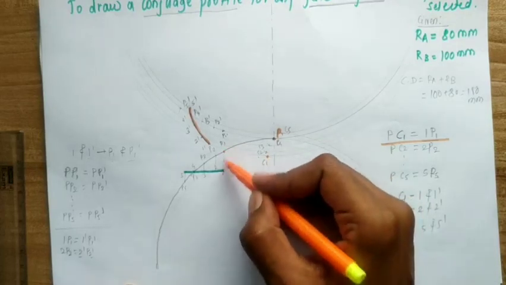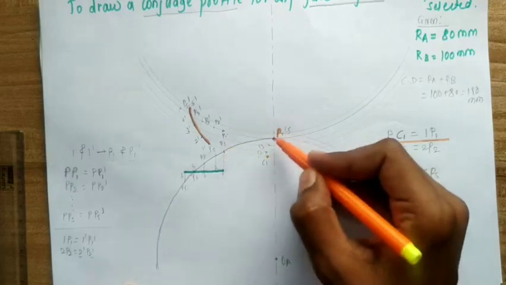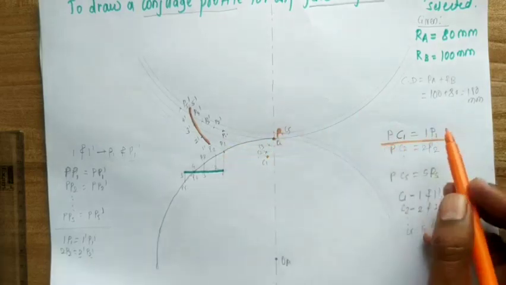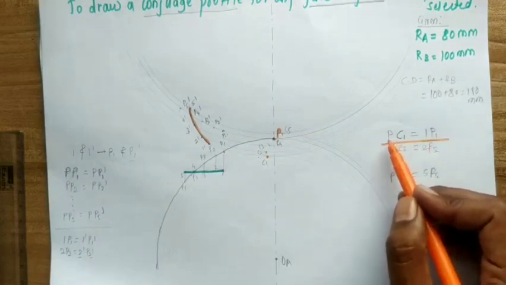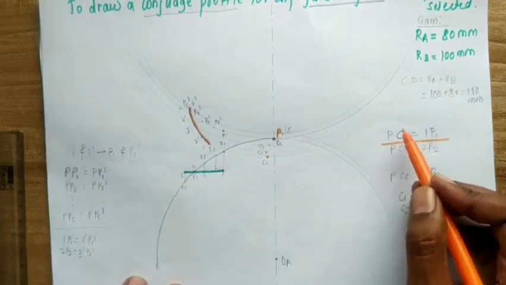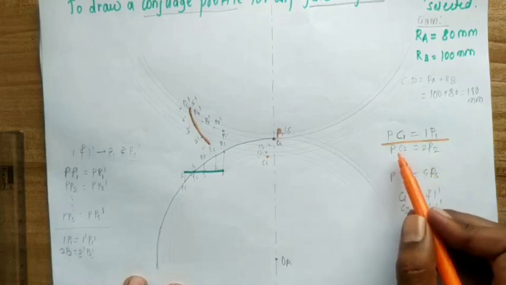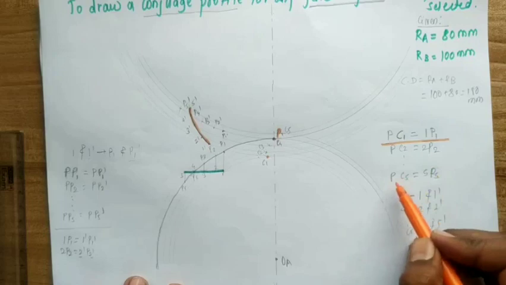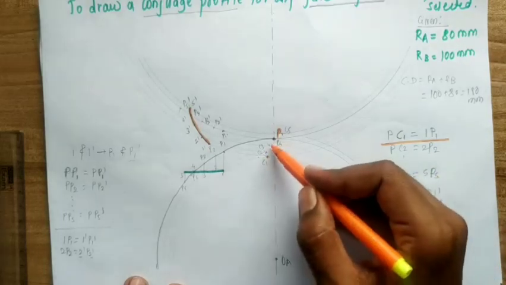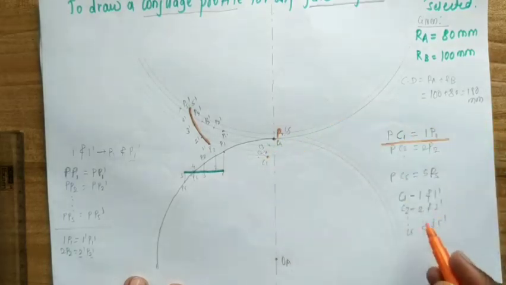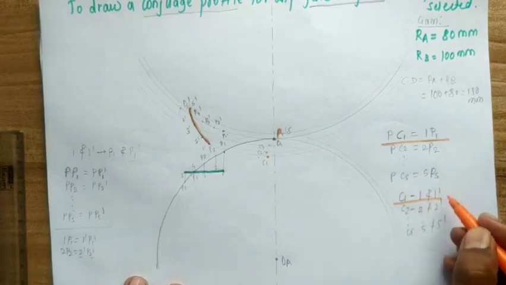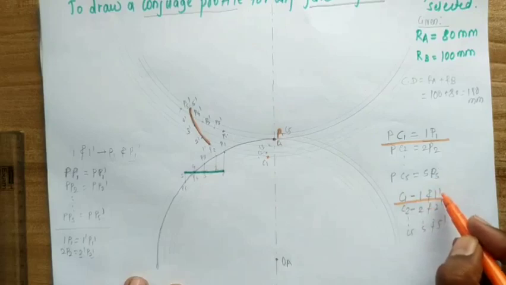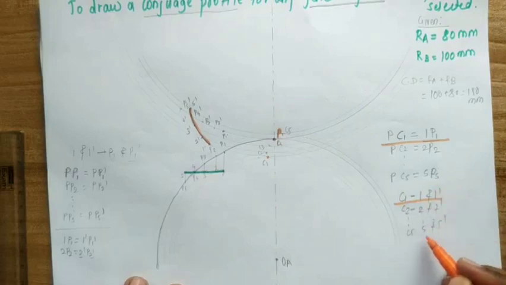So I know 1C1, the 1P1 distance is known to me. With P as center, get point C1, and follow the same procedure, that is 2P2 is equal to PC2, 5P5 is equal to PC5. So get C1, C2, C3, C4, C5. Now as C1 is the point of contact between 1 and 1 dash, to get 1 dash where 1 is known to you, I want to mark the locus of 1 dash, 2 dash, 3 dash, 4 dash up to 5 dash.